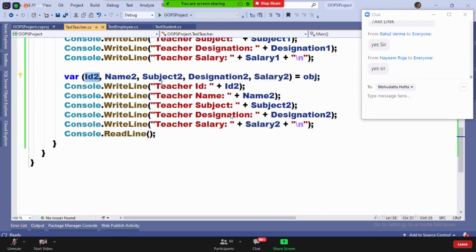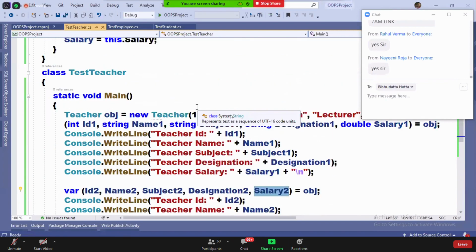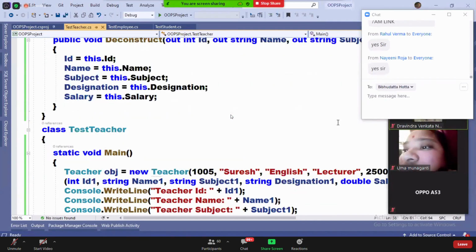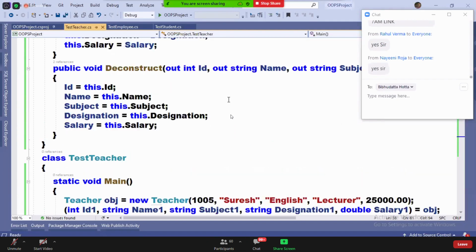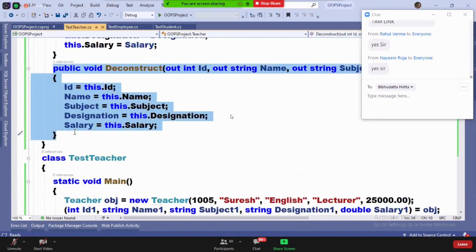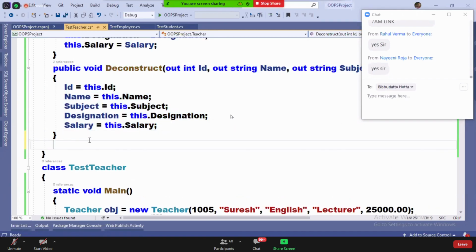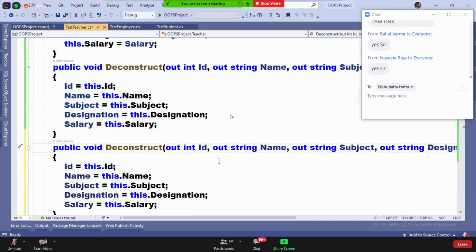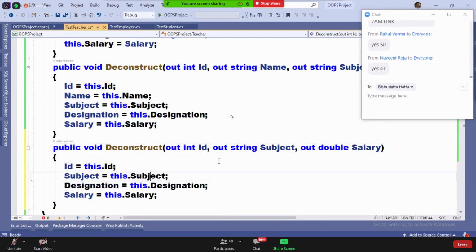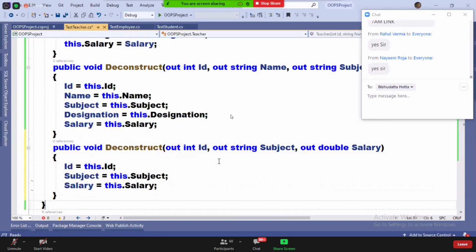You can either go for deconstructor overloading. I want to give access only to ID, subject, and salary. Are you guys clear? Deconstructor overloading.